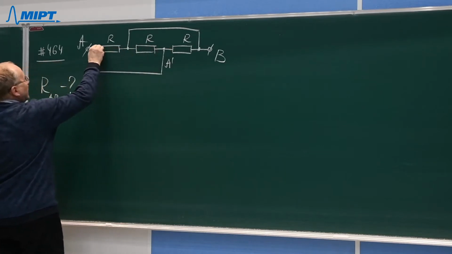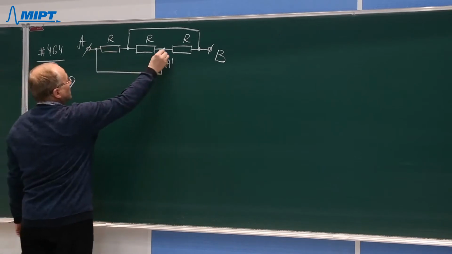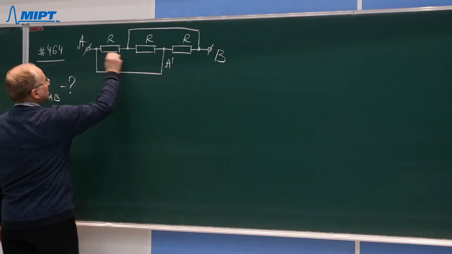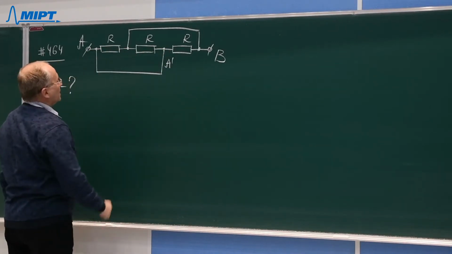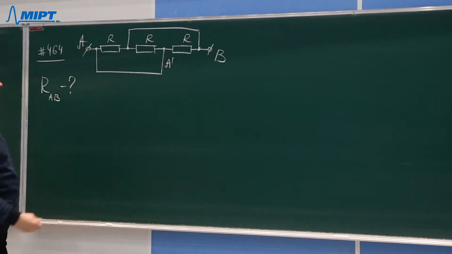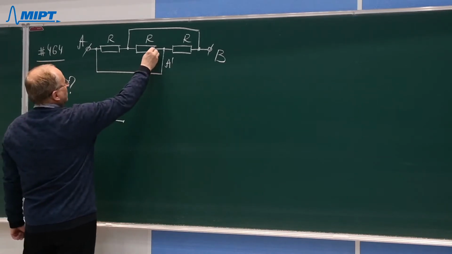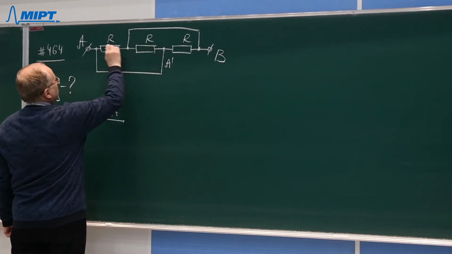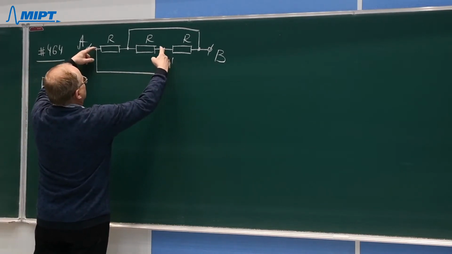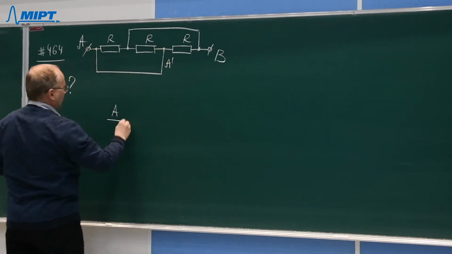As these points are connected by a conducting wire, then the potential in these points A and A prime is the same. The same potential, it means that there is no potential difference between these 2 points. It means that this point A and A prime is actually a single point, and I will denote it as a single point A. And the two resistors are connected in such a way that each resistor is connected by one of its terminals to this point A,